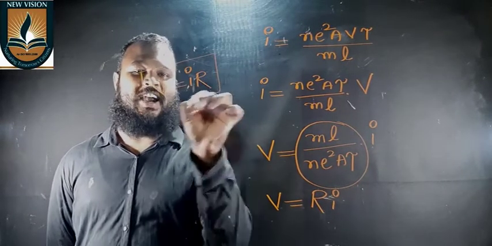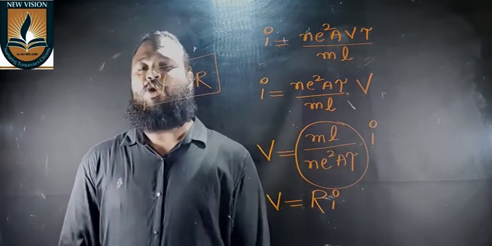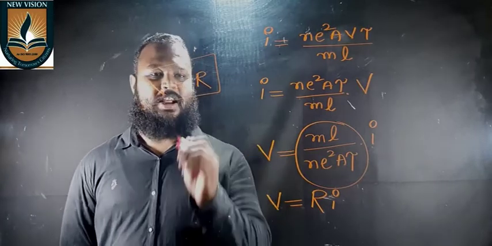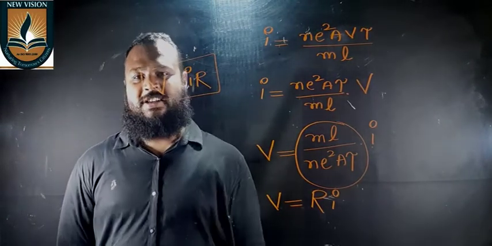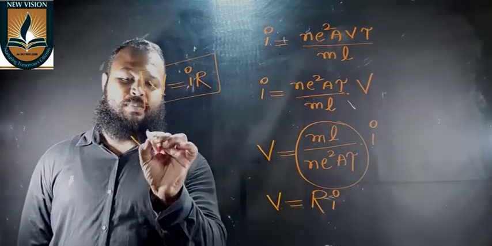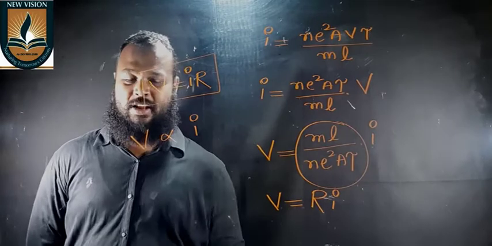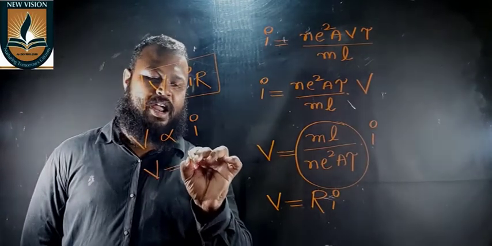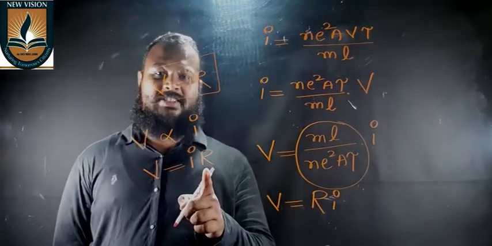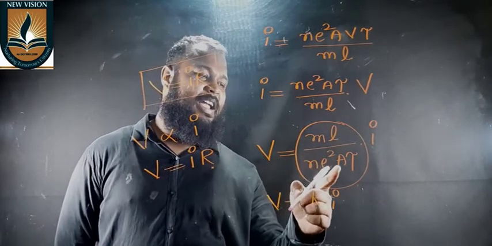You know what this is, right? This is Ohm's law. So what we were doing all the time was deriving Ohm's law. V = IR. What is V? Potential difference across the conductor. I is current and R is the resistance of the conductor. Let us define Ohm's law clearly. Ohm's law says that the potential difference across the conductor is directly proportional to the strength of electric current. Then you can write V = IR, where R is called the resistance of the conductor. And on what factors does the resistance of a conductor depend? Mass of the electron, length, n, e, A and tau.